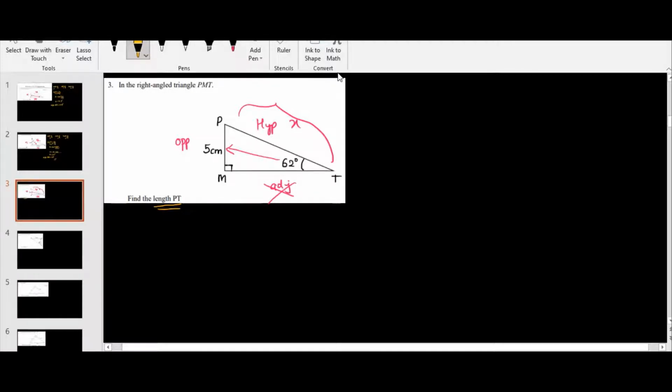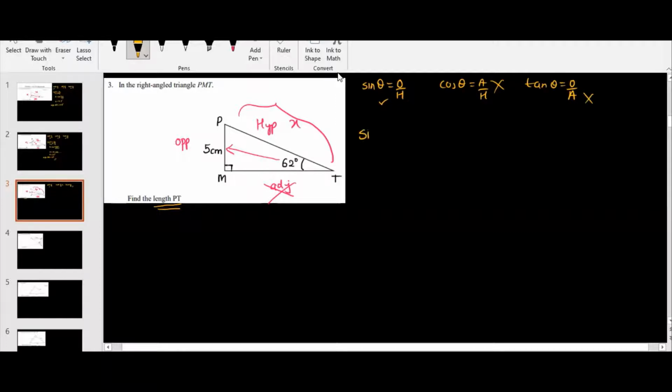So again, I will write those three formulas. Sine theta is opposite upon hypotenuse. Cos theta is adjacent upon hypotenuse. Tan theta is opposite upon adjacent. Out of these three formulas, I have to choose the formula which has opposite and hypotenuse only. So if I see, only sine theta has opposite and hypotenuse. Cos theta has adjacent, so I cannot use this. Tan theta also has adjacent, I cannot use this.